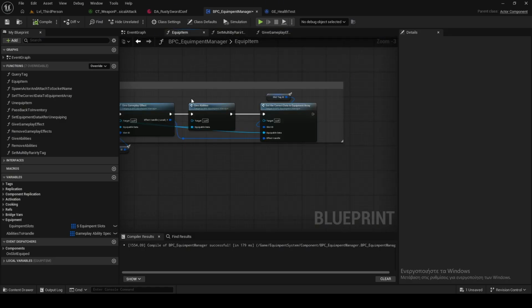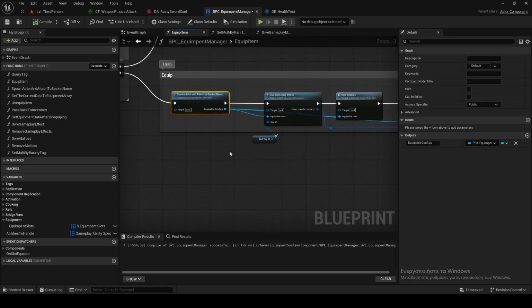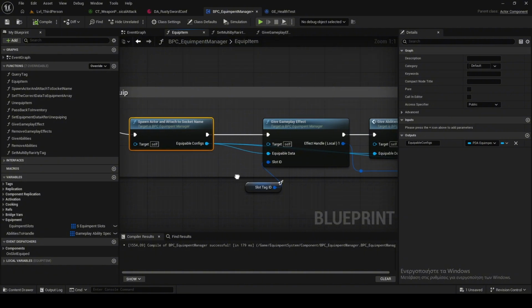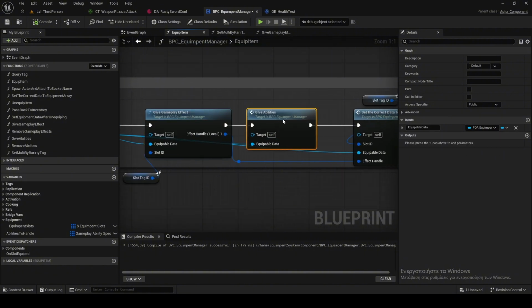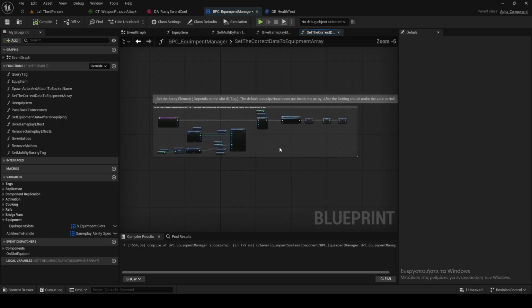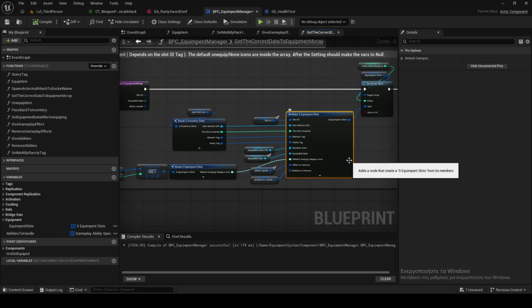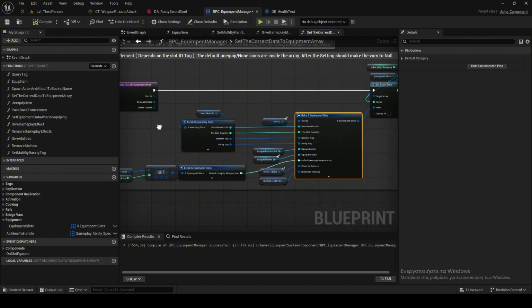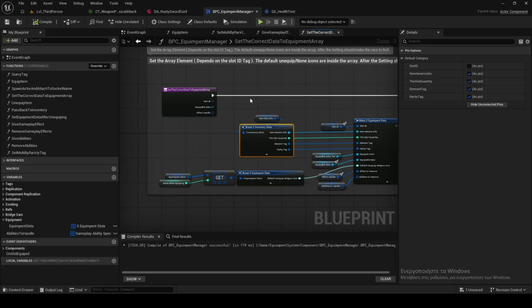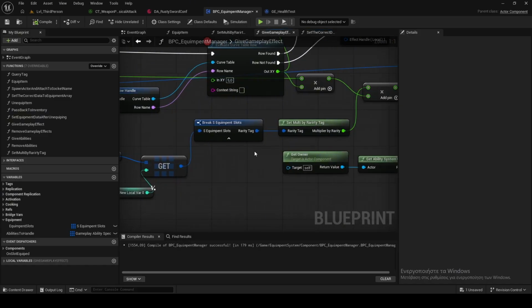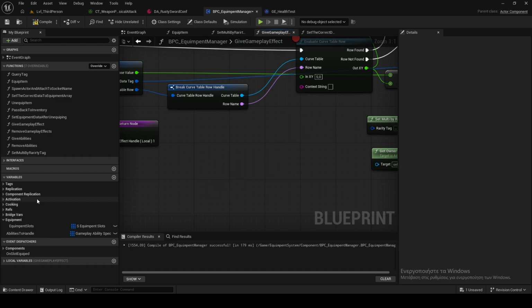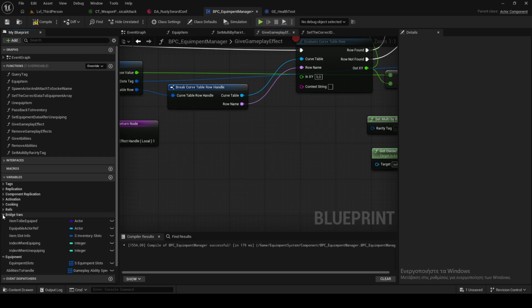But what essentially is happening is I'm spawning the actor, and then I get the equipable configs. I'm passing, then I give the abilities, and then I set the element array. By the time that the element array has the correct reality tag, I am already trying to give the reality multiplier. So I either need to set the array element before, or instead of using the equipment slot, I can use the